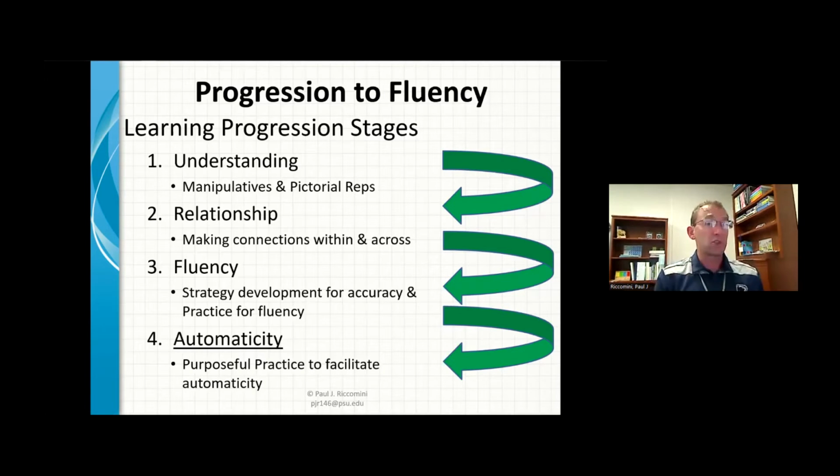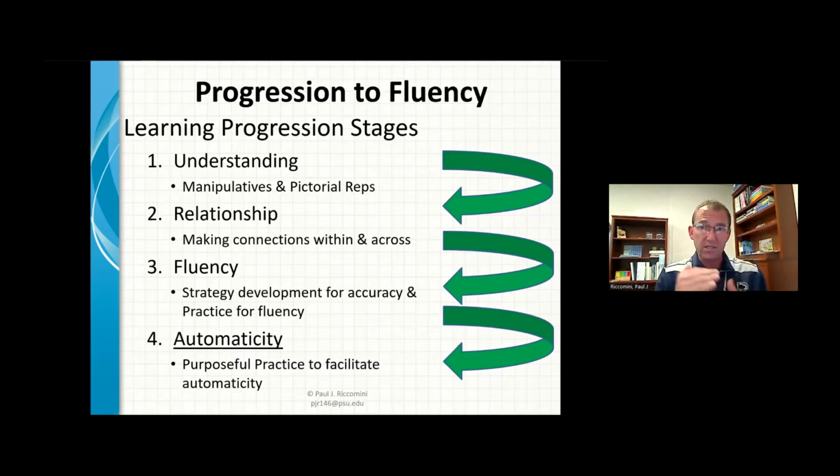Once kids learn the strategies, then they start to get more efficient. So they know which ones are better to use at certain times. They know how to use them, and they are using them faster. So they begin to internalize them. Now, there's a lot you could have put into all of these. I'm hitting the highlights that I want the takeaways for. If you put more, thumbs up.